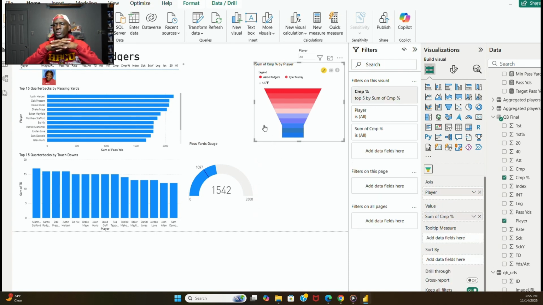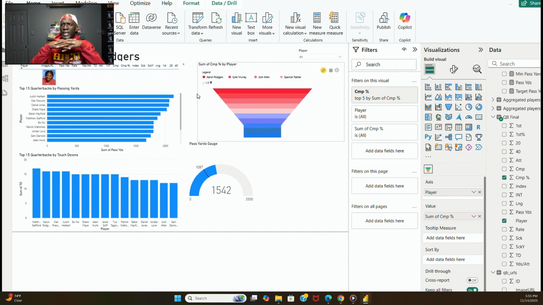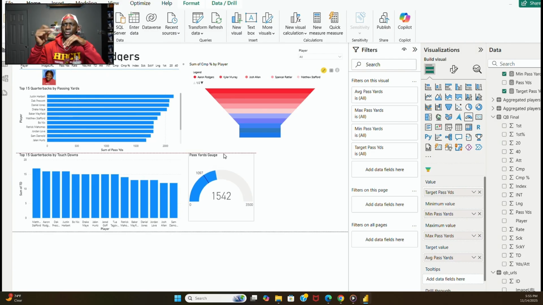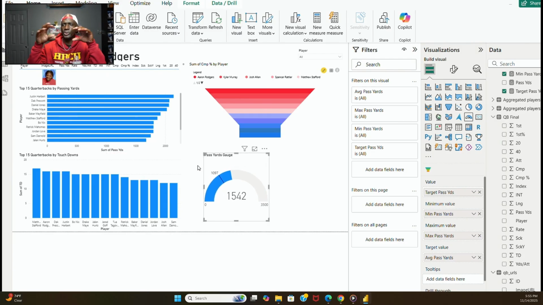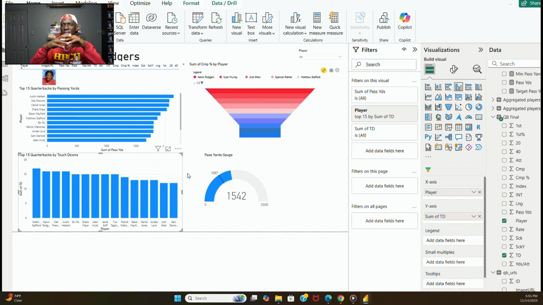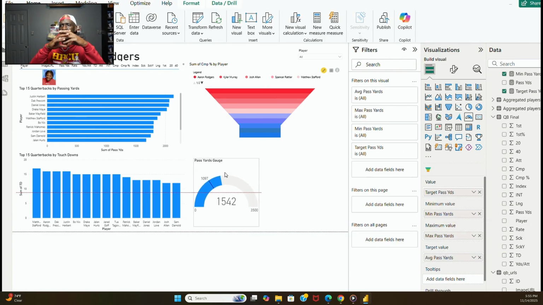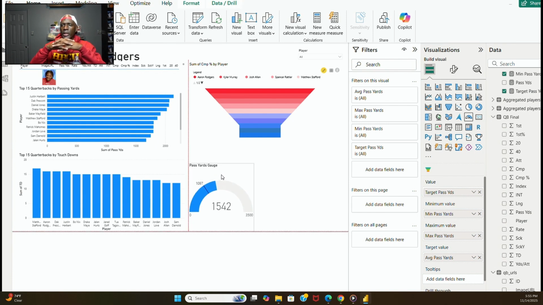owner of a professional sports franchise. In this particular case, we've got an owner of a professional football team. And the operations team wants to be able to provide the owner with data visualizations at the snap of a finger as to what's going on within the organization, right? Therefore, when that owner sees this visualization, that owner is going to want